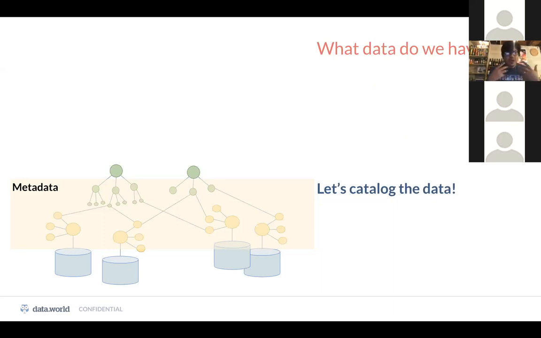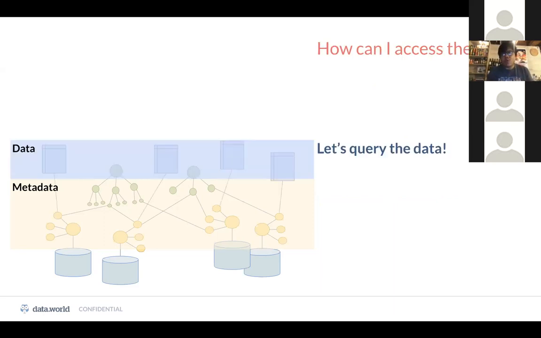But once you have tools that help you manage your metadata, you have to do something with it, right? I find the data, and I need to do something with it. At that stage, you want to access your data. And this is when you start realizing, I want virtualization technology, federation technology, because I don't want to physically move things into a warehouse. But you're still accessing the data at the application-centric view.